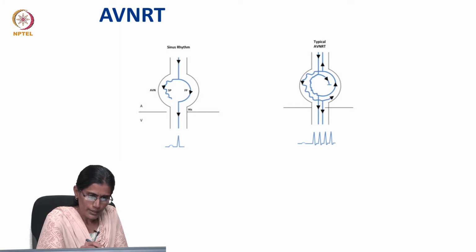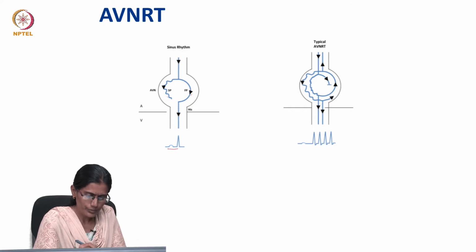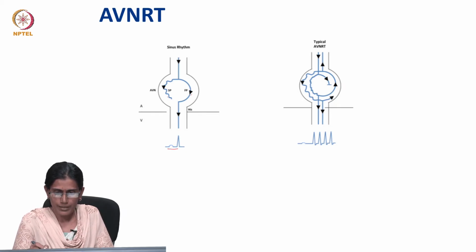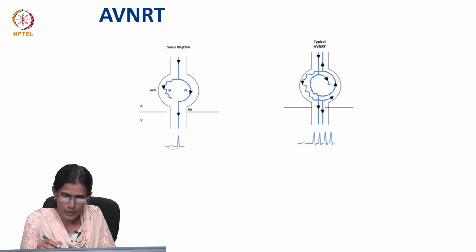Normally, the impulses will be conducted via the fast pathway with a resultant normal PR interval. So, during the episode of AVNRT, what happens? An atrial ectopic occurs at a critical time. So, this ectopic enters the AV node. And at the upper part of the AV node, it finds out that the fast pathway has not yet recovered after conducting an impulse. So, it will not conduct an impulse right now. So, the impulses will pass via the slow pathway to activate the ventricles with a resultant widening of the PR